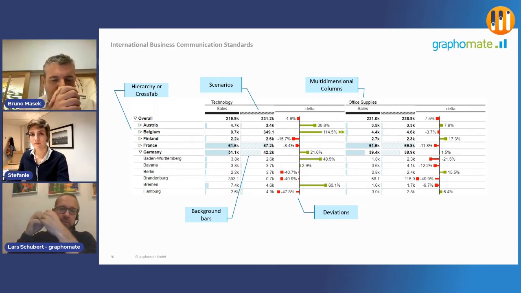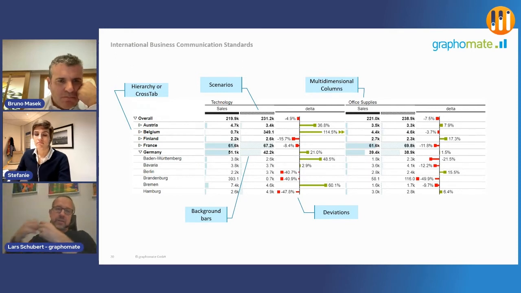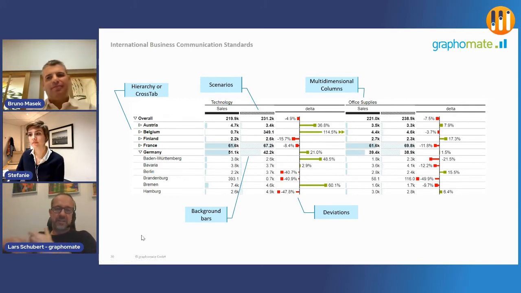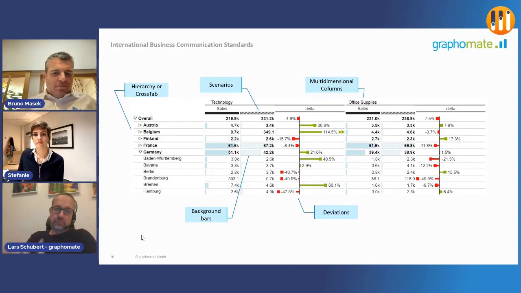So always think about navigational paths. Hopefully you agree, Bruno, starting from an overview and clicking on elements, objects, and going deeper and deeper and deeper. I think this is very common, I know, but it's really hard work to extract how your users think and how they want to see their data, as they are not that familiar with multidimensional modeling and thinking. And this is hard to extract.